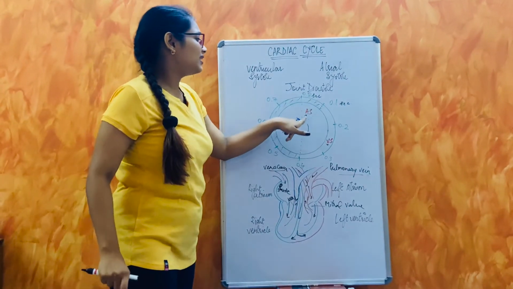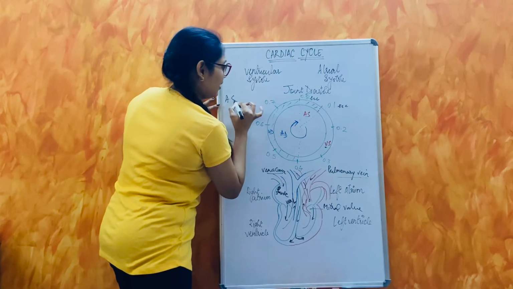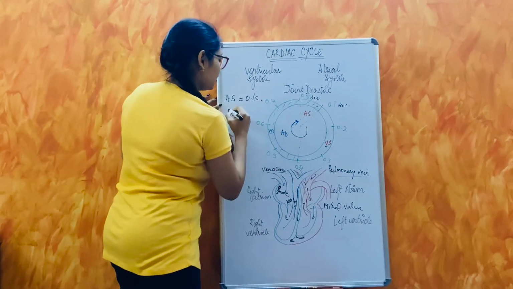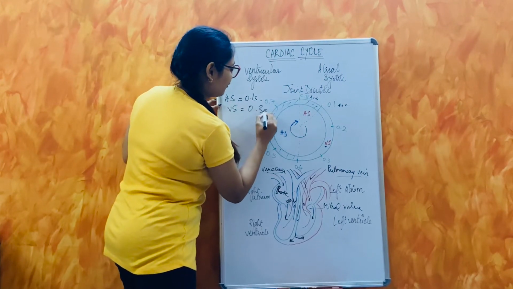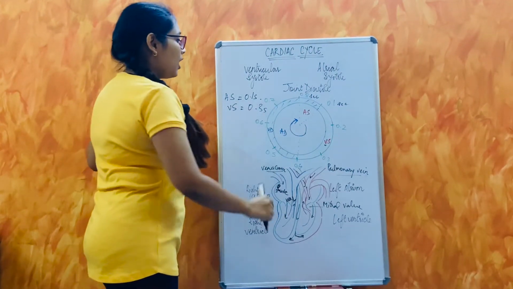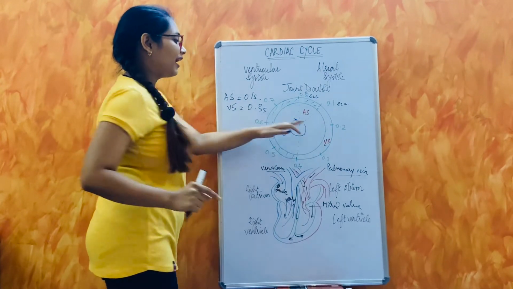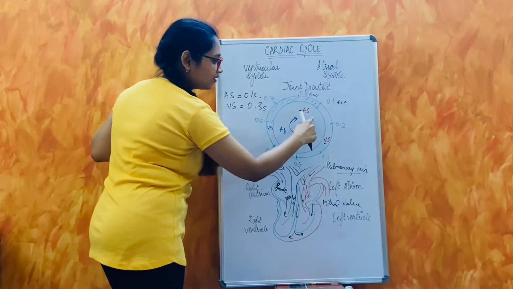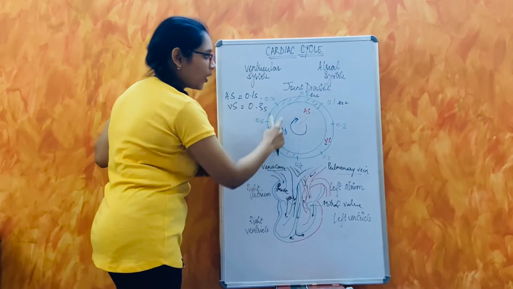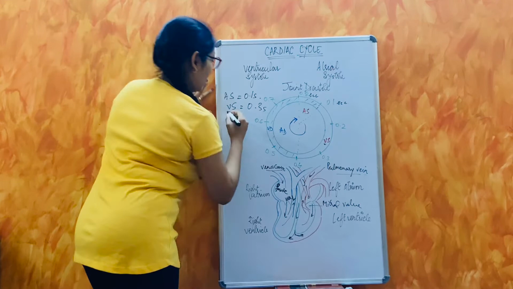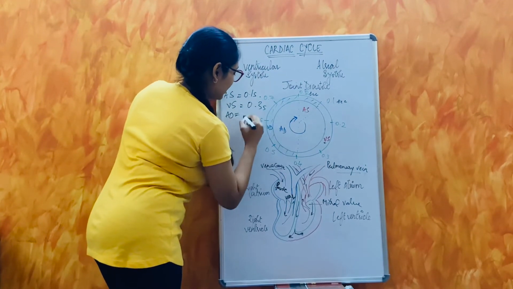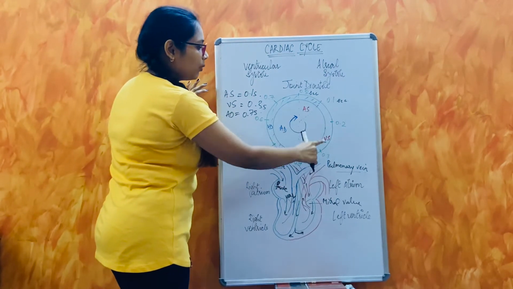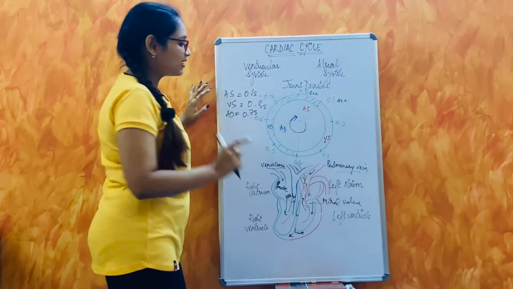So as you can see, the atrial systole is around for 1 second, while the ventricular systole lasts for about 0.3 seconds. Now then the atrial diastole starts as soon as the atrial systole ends. So as you can see here, from 0.1 seconds to 0.8 seconds. So that means atria is relaxing around for 0.7 seconds, okay, while the ventricle starts relaxing as soon as the